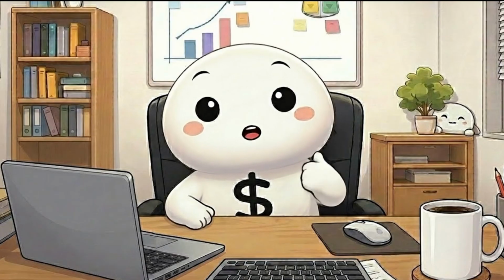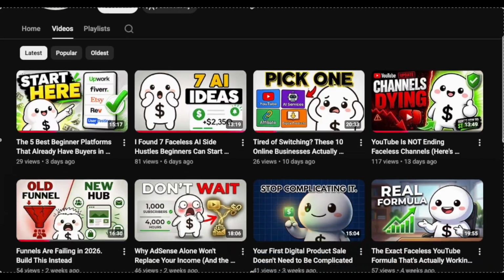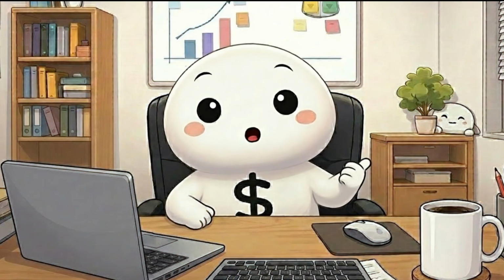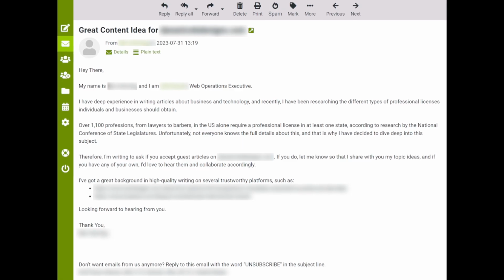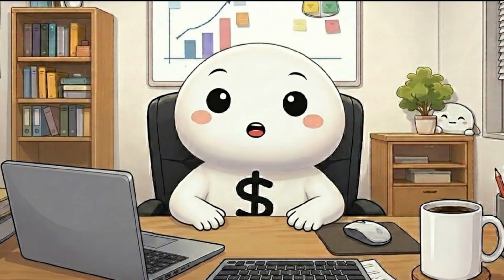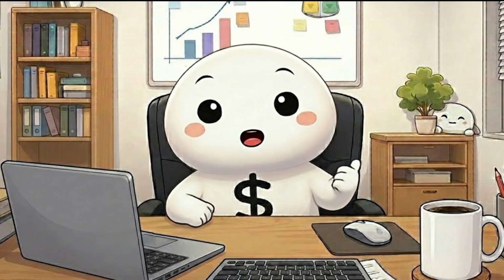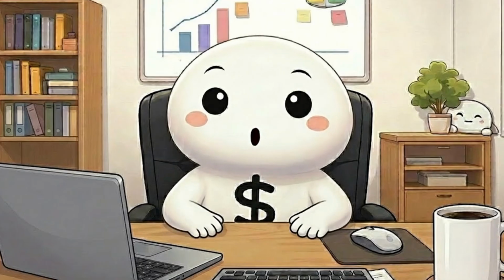The next 2 weeks, execution: list products, apply to gigs, post content, offer services, do the reps. Then the final week becomes optimization. Better photos, better listings, better outreach. That's the stage most people never reach, which is exactly why most people think nothing works. But if you follow a real 30-day testing cycle, you'll already be ahead of people who spent that same month